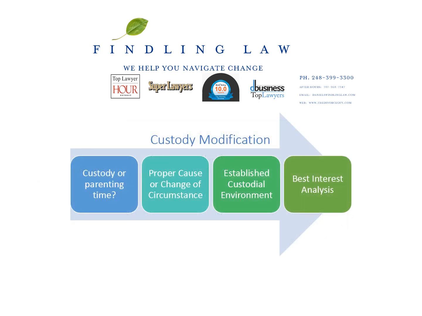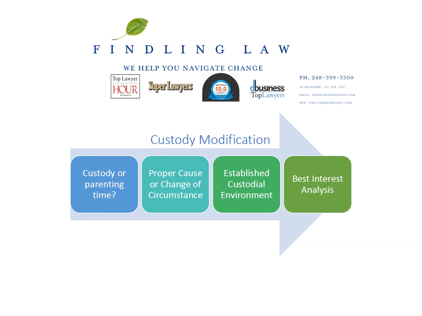Now, we've covered a lot of information, and I'm going to bring it back to simple again. There are 4 steps in any custody modification request. First, are we trying to modify custody or parenting time? It's important because if we're trying to modify parenting time, it's a lot easier. Shade versus Shade: normal life changes is enough of a change of circumstance or proper cause.